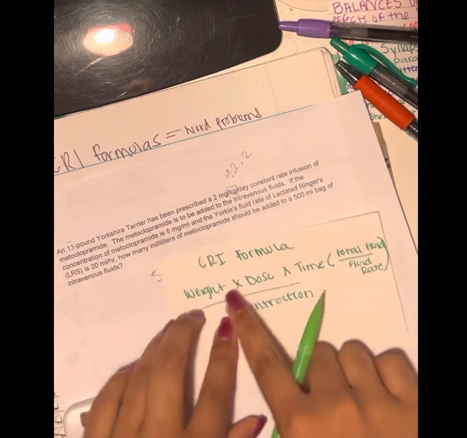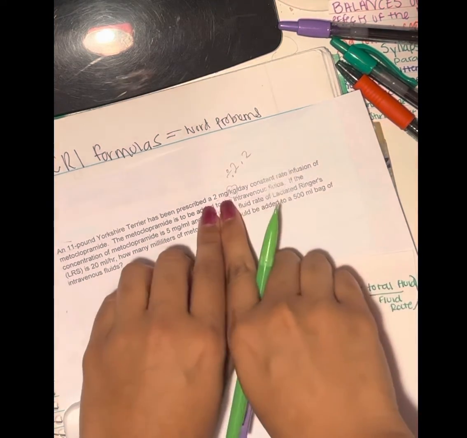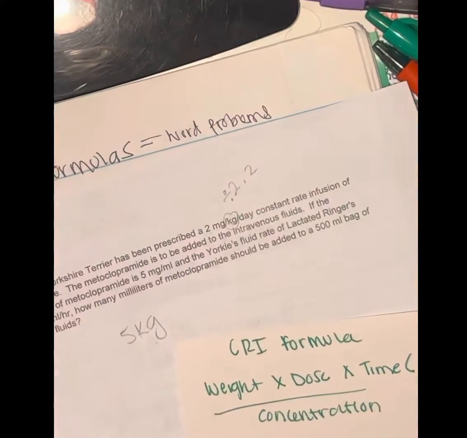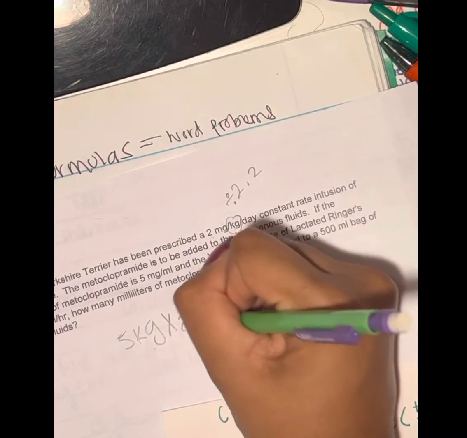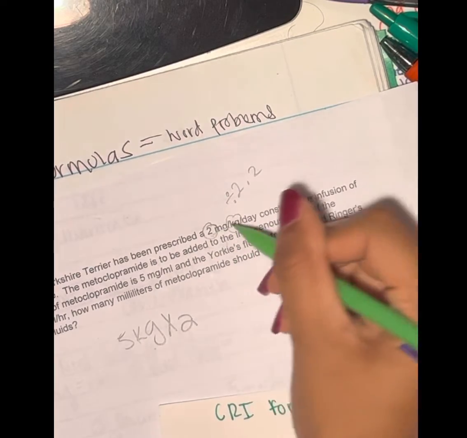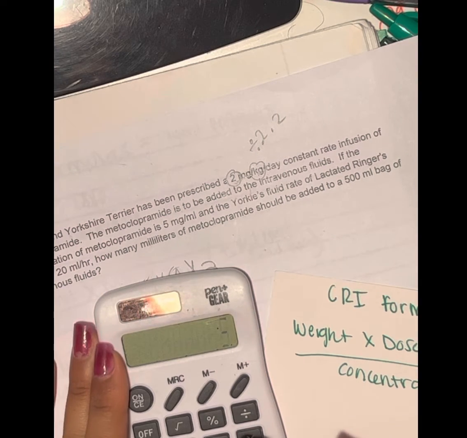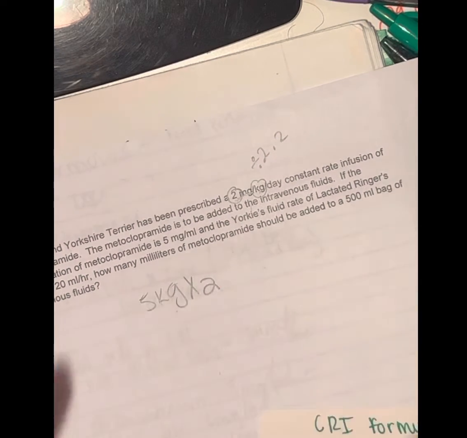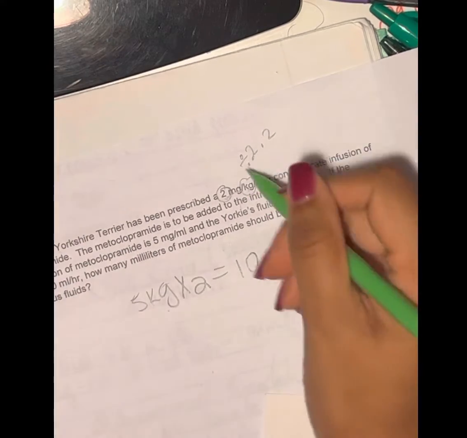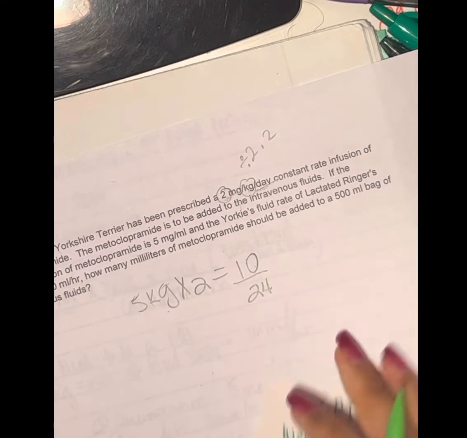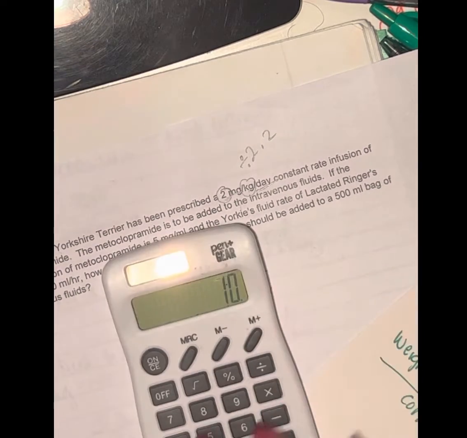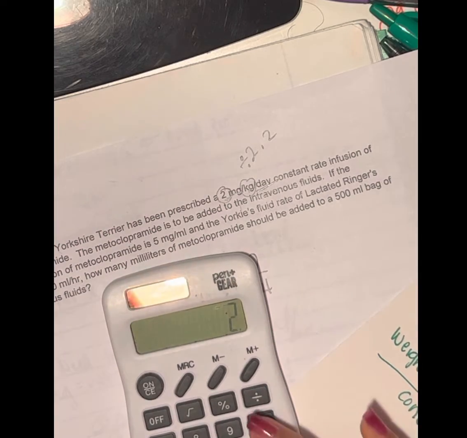Now here it says weight times dose. So remember, this is how your dose is gonna look. Then times 2, which is your dose. After you're done with that, it's times 2, it's gonna be 10, obviously. You got 10. Now, you wanna get it in hours. Now this says days, so you're gonna have to divide by 24. Okay? So 10 divided by 24